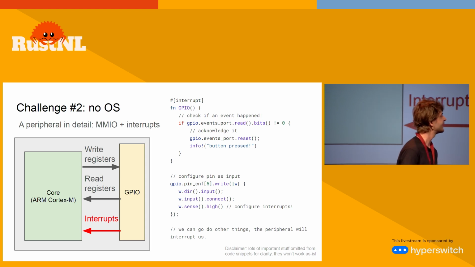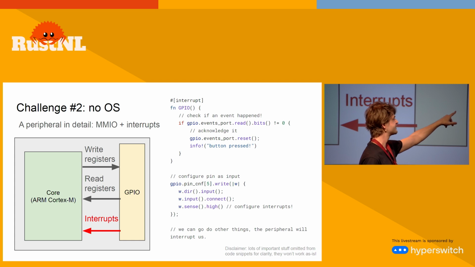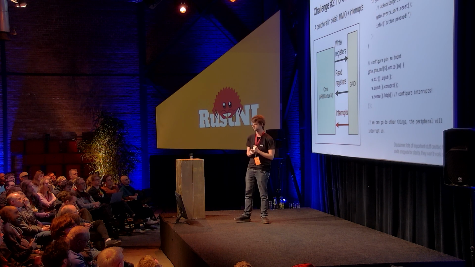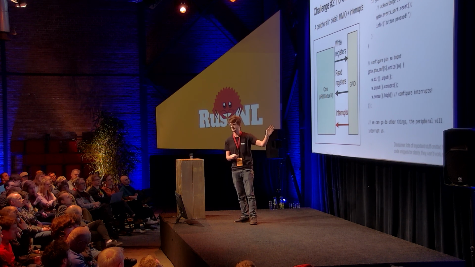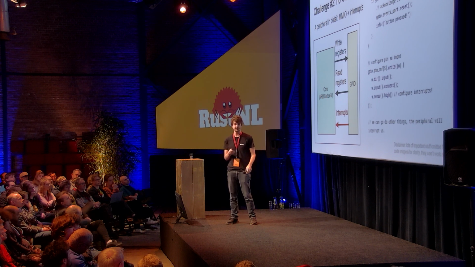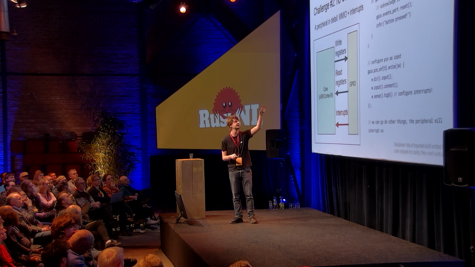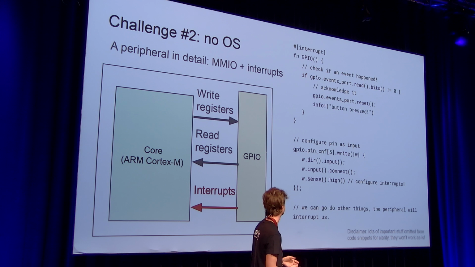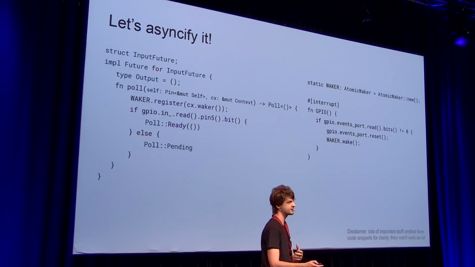So for example, you can tell the GPIO peripheral, hey, write the sense field to high. Like, hey, wait for this pin to go high. Send me an interrupt when it goes high. And then once you've done this, you can go do other things, or you can go sleep, and the peripheral will send you an interrupt. And then when you receive this interrupt, you can check the event, check what happened, and say, hey, the button was pressed. So we get the same functionality as before, but it's much more power efficient, much more CPU time efficient. So this is the core of how I/O works on a microcontroller.